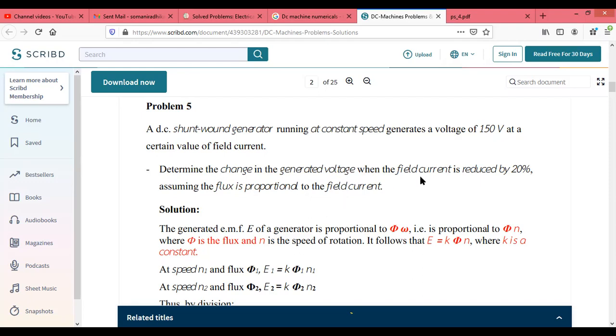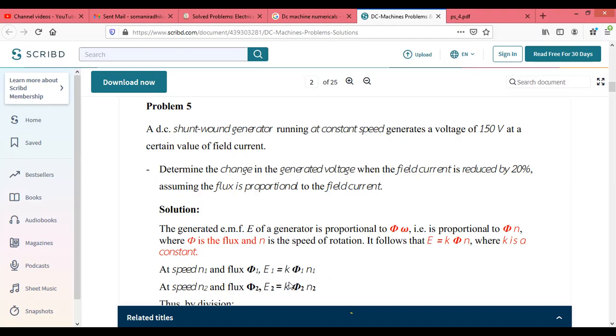They have given there is a change in field current, meaning IF is changing. We are having IF1, IF2. And we are aware about the equations for flux. We are aware about the equations for generated EMF. We are aware about the torque equations. So what equation do we get for EMF? If we are taking that DC machine which is having constructions, cross-sectional area, Z, A, number of poles as constant terms, at that time you can take E equal to K phi M.